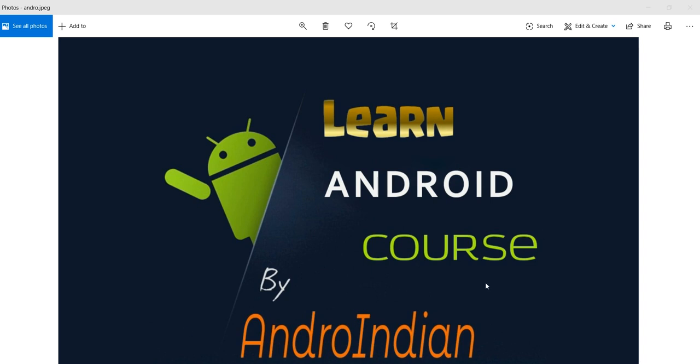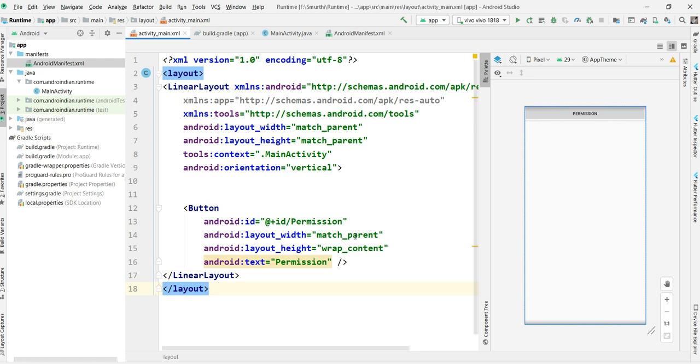So today we'll concentrate on another very important topic: how to generate an APK file, and how to install it on other devices. Whenever you are developing an application and want to share it with some of your friends, this APK file is required. But how do we generate this APK?